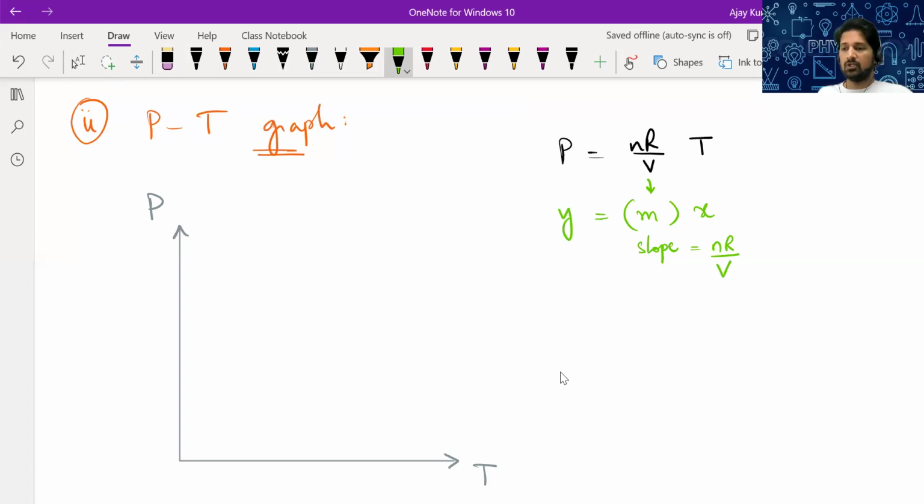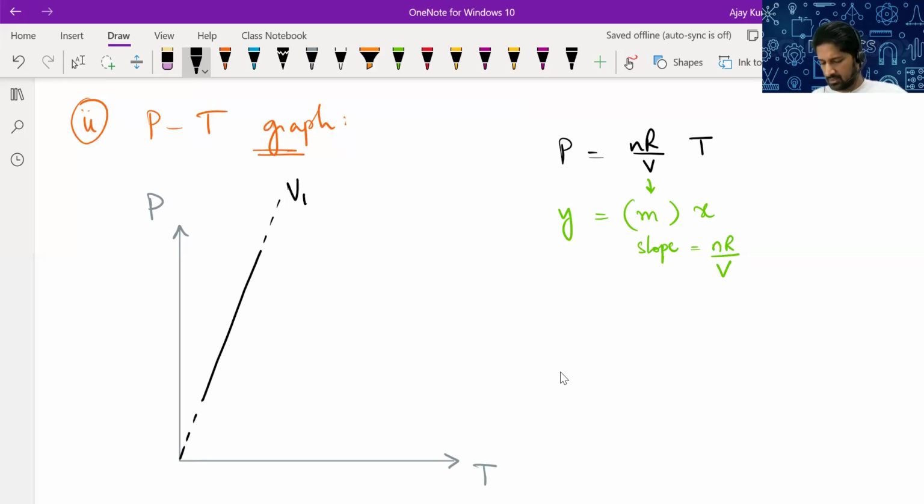So greater the volume, lesser the slope. Fine. The graph has to be a straight line passing through the origin. So it goes like this. We don't actually make it pass through the origin. It'll be like this. Let's say this is carried out at volume V1. Okay, at a fixed volume V1, if you see how pressure varies with temperature, let's say you got a graph